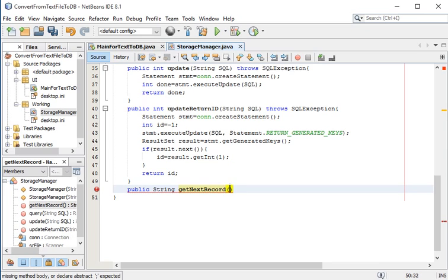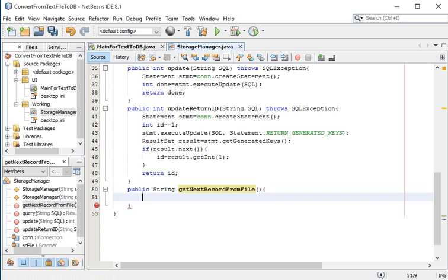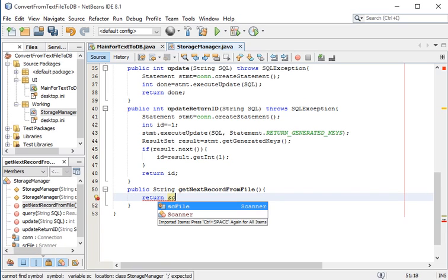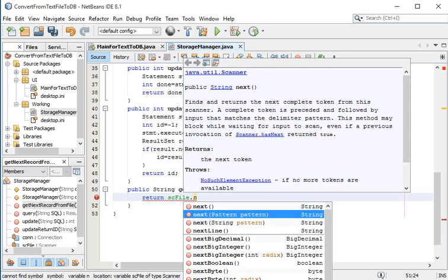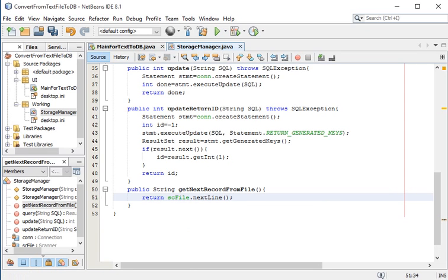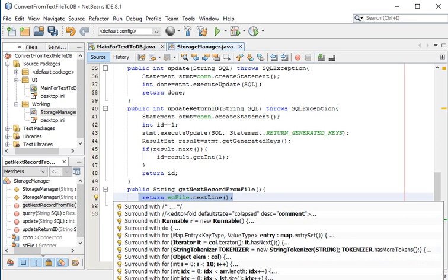I don't know if I could add it from file, and then this would return sc file dot next line semicolon. Now the problem is there might not be a next line. So what we can do is enclose this in an if statement. We can highlight this and go enclose in an if else,